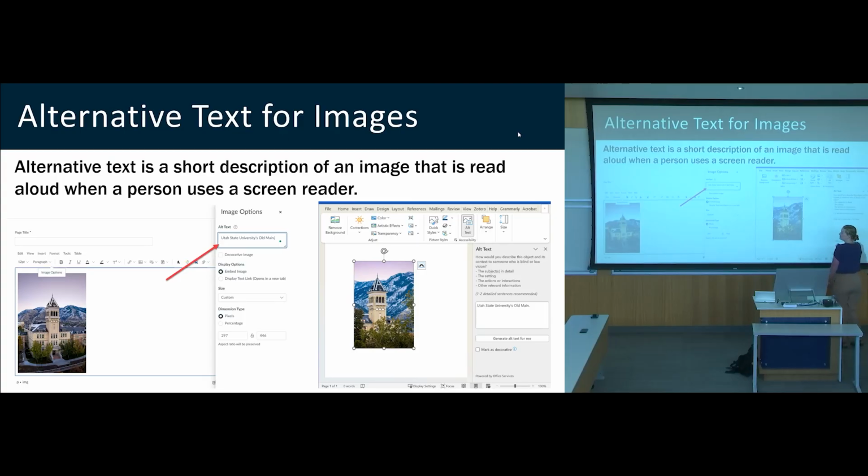The next one is alternative text for images. Alternative text, or alt text as we sometimes call it, is a short description